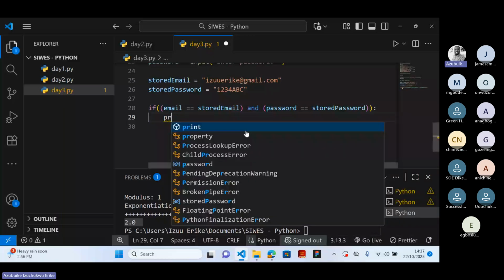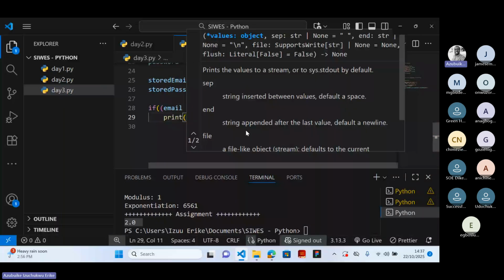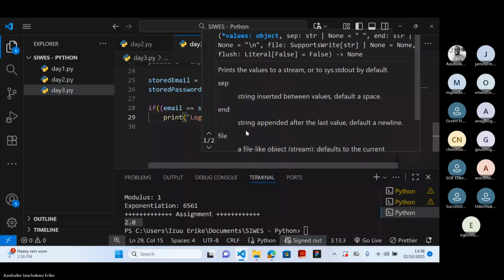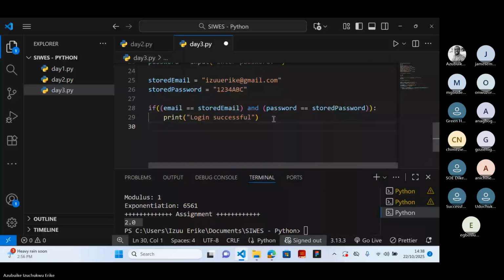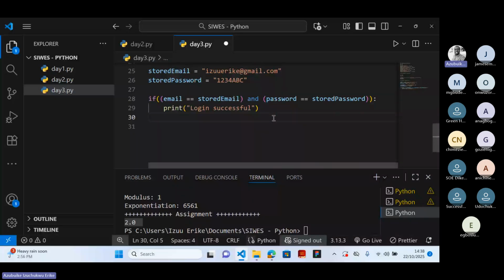When I say print login successful, if it is not like that,